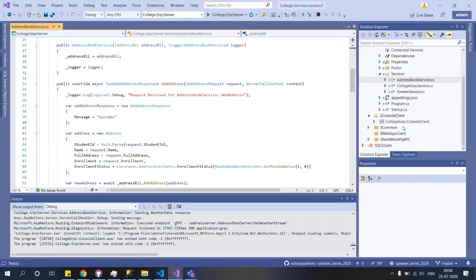So the intention is, the big picture or the story is, imagine a government agency where multiple customers or users are coming in and they are trying to enroll themselves to this address, or take a university where a lot of students are coming and enrolling.